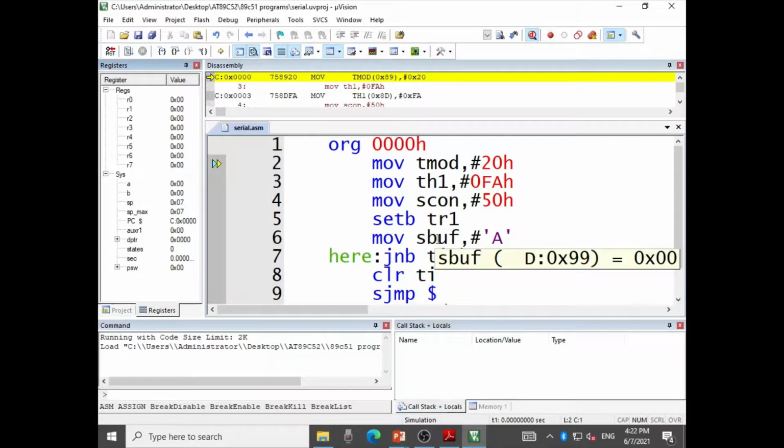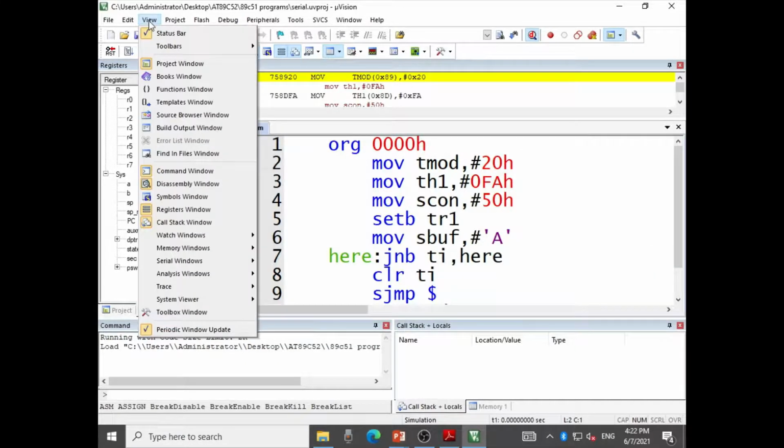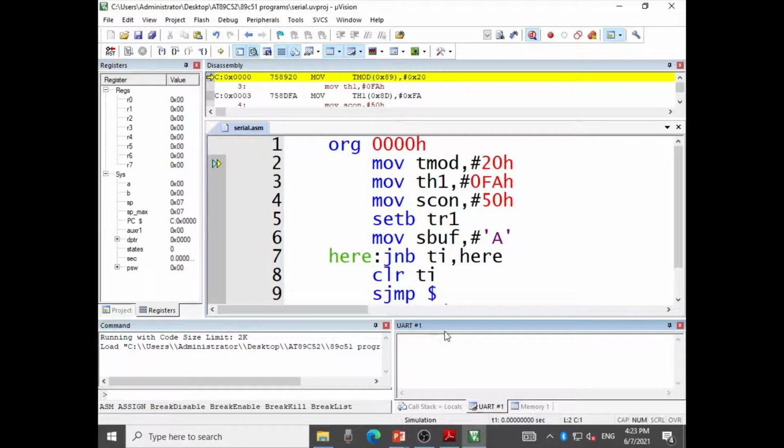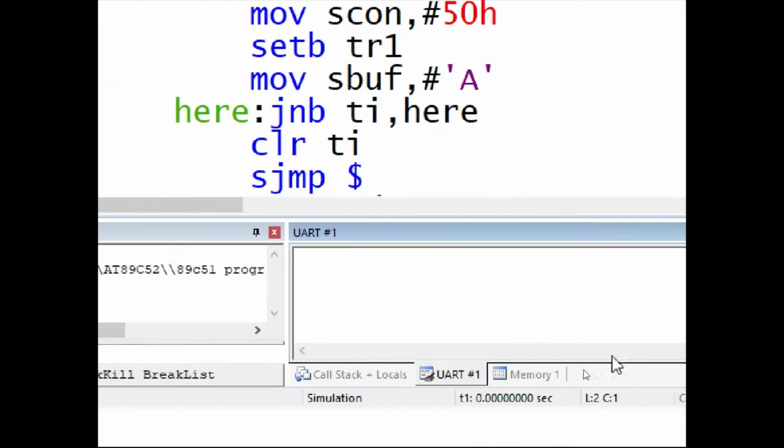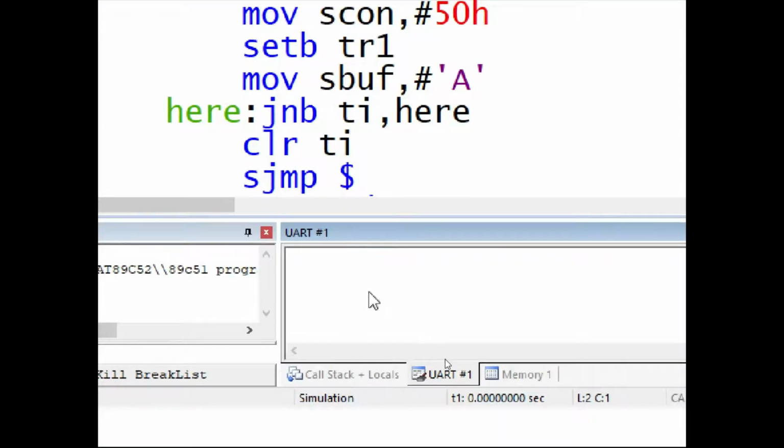For serial communication, I will need a UART window or serial window. Click on the view menu. In the serial window, click on UART number 1, that is serial port 1, and here you will find that the UART1 window appears.